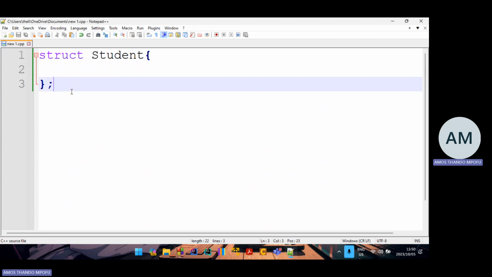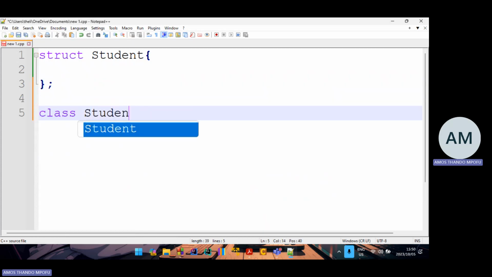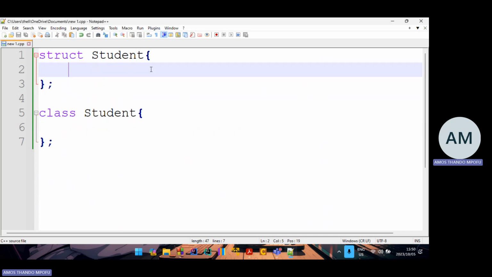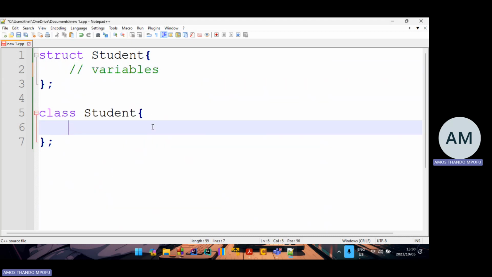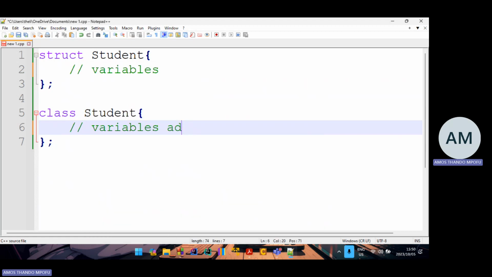The difference is that a class has both properties and behavior, or both data and functions, or both variables and functions. With the record structure, you only have variables. And then with a class, you have variables and